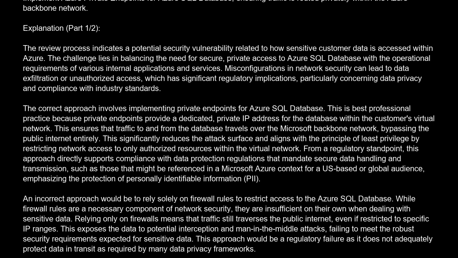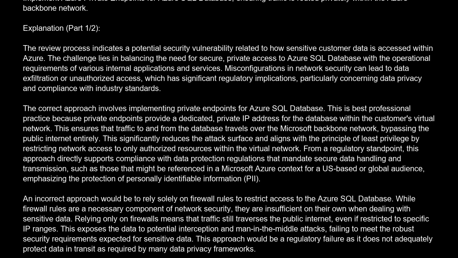This ensures that traffic to and from the database travels over the Microsoft backbone network, bypassing the public internet entirely. This significantly reduces the attack surface and aligns with the principle of least privilege by restricting network access to only authorized resources within the virtual network. From a regulatory standpoint, this approach directly supports compliance with data protection regulations that mandate secure data handling and transmission,